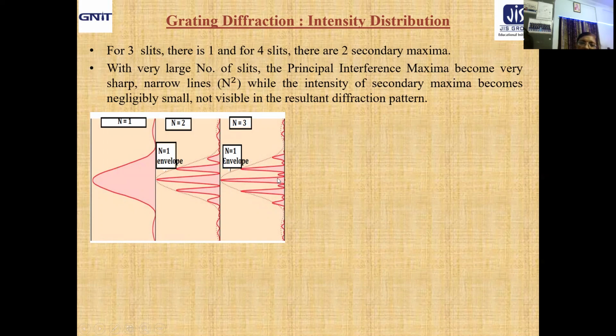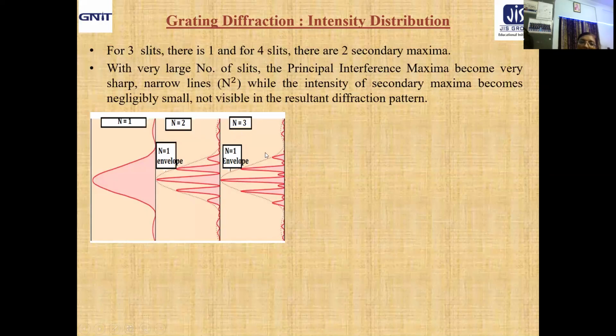What is the main change? The gross change: between the interference maxima, you are getting the secondary maxima to be accommodated in addition to minima. Here, these are the minima only. How many should be the number of minima? N equal to 2, so n minus 1, that is 1. You got it. What should be the number of secondary maxima? N minus 2, so 2 minus 2 equal to 0. So no secondary maxima is arising here.